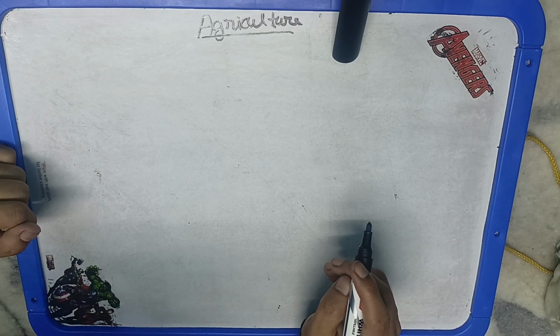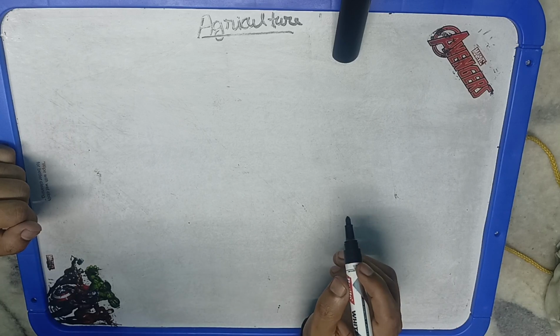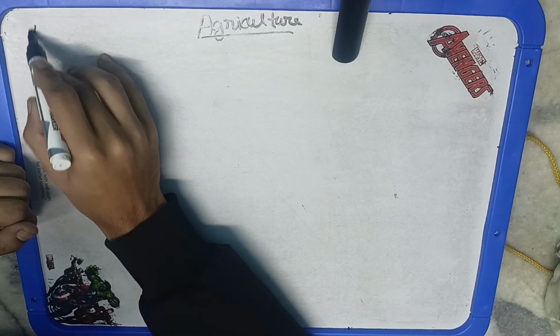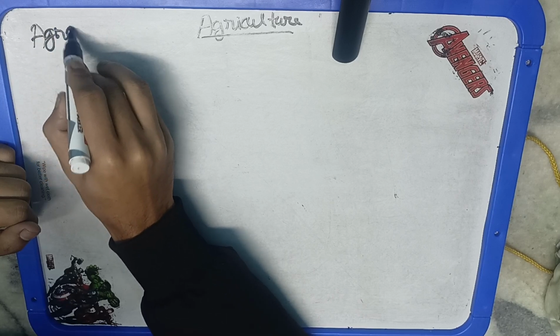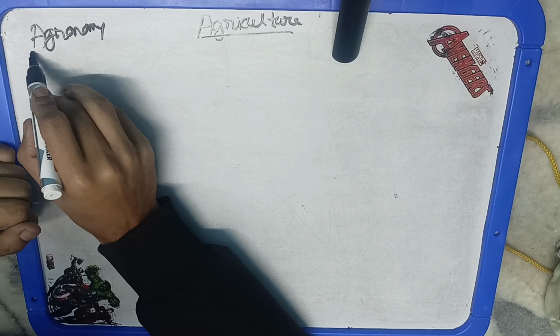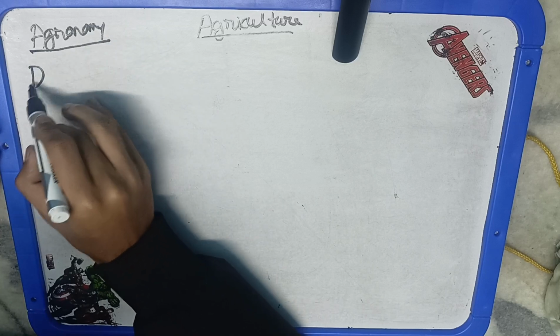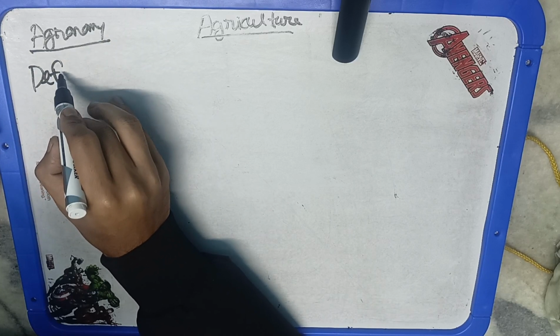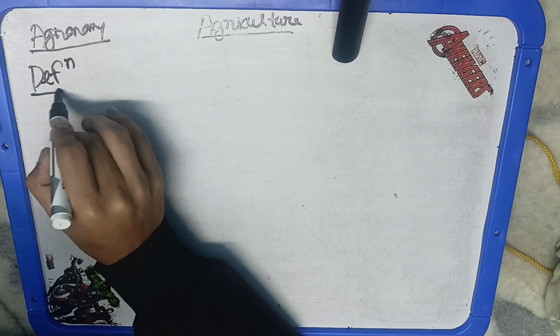Now, okay. So this we have. Now we'll discuss agronomy, its scope and its definition. As we discussed already, agronomy is basically the study of field management. So basically what we are studying here is management of field. Again, this we have already discussed, that agronomy is basically a Greek word. Because it is ending with Y, there is a trick to learn word etymology: any word ending with Y generally has Greek origin.